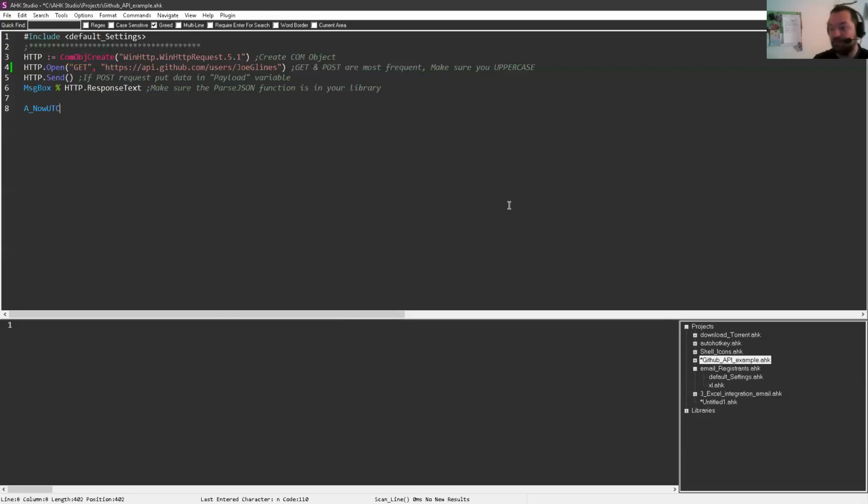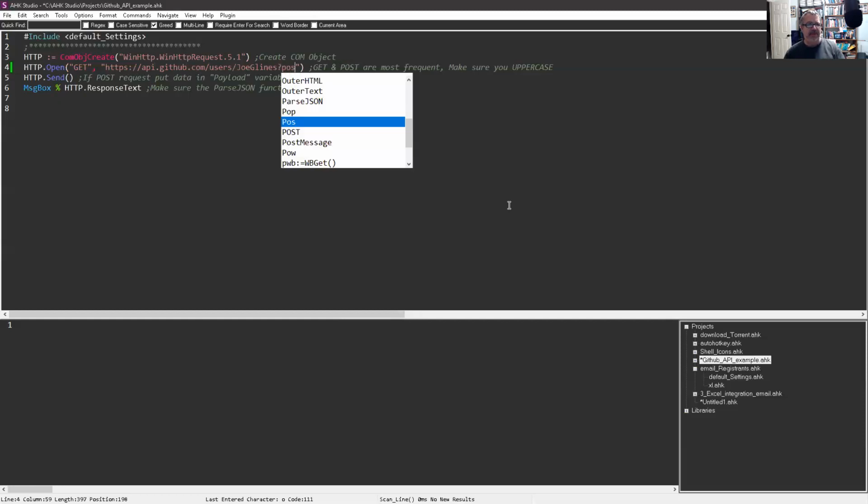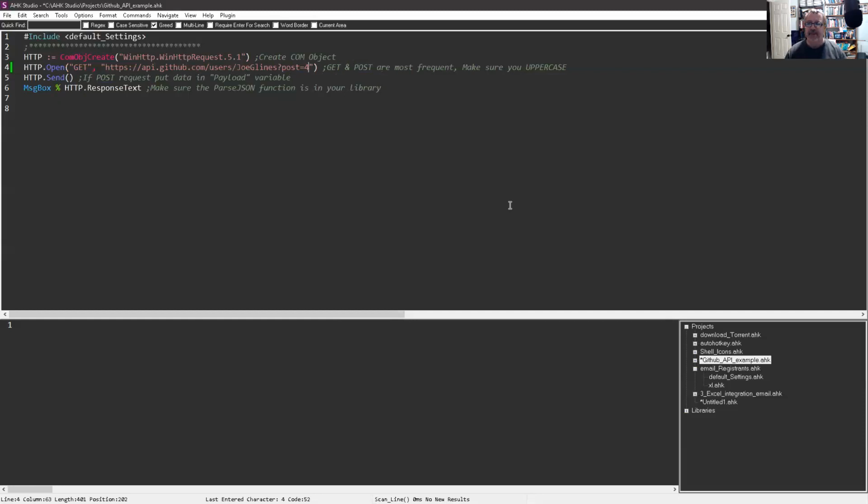If you're pulling something simple back from the internet, an entire web page without something dynamic going on, you can do it very simply. But if you're trying to do something on a web page where you want to pull back whatever the API gives you, let's just pretend that it broke it out this way, where we could say post equals 4, right? If that was the way their thing worked, we could only pull back my fourth post. And this allows you, to Jackie's point, to control it.